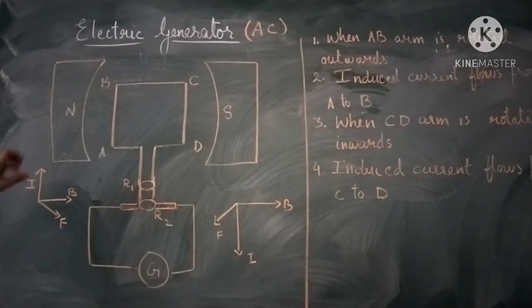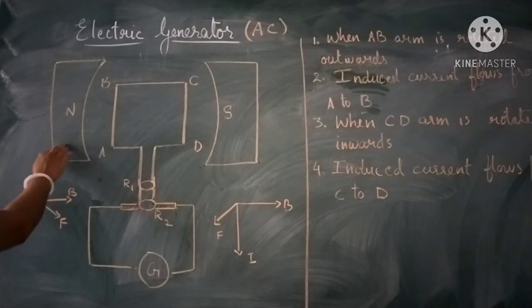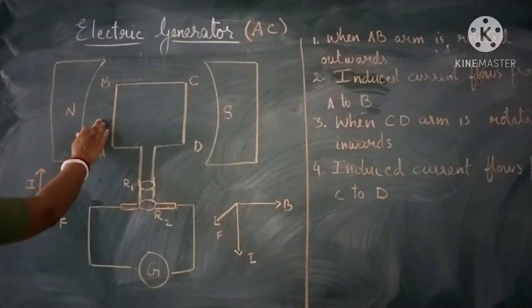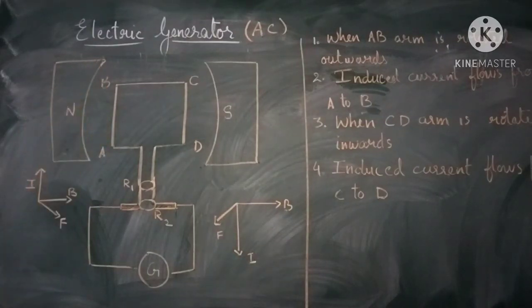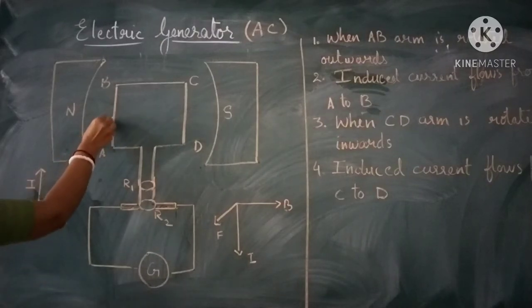These two strong permanent magnets have been connected, and you can see this is the direction of the magnetic field lines, drawn from north to south. When the arm AB is being rotated in such a way that AB is going to come out of the board upward, then the induced current generated should be in the upward direction. What do we apply? We apply the right hand rule. It says that if this is the direction of the magnetic field and this is the direction of the force, that is, it is coming outward, then this will be the direction of the current, that is upward. So the direction of the current will be going from A toward B.